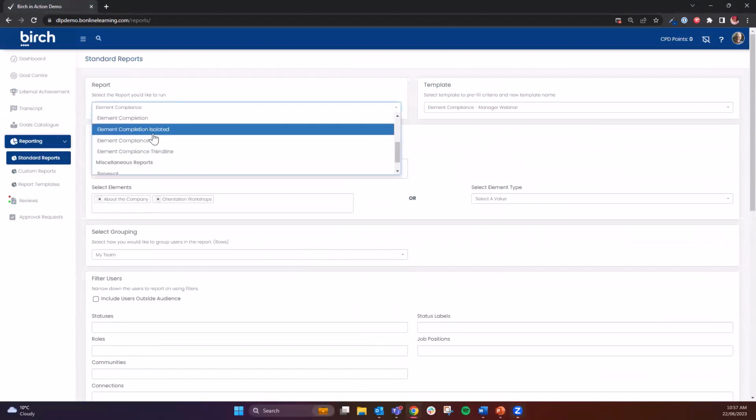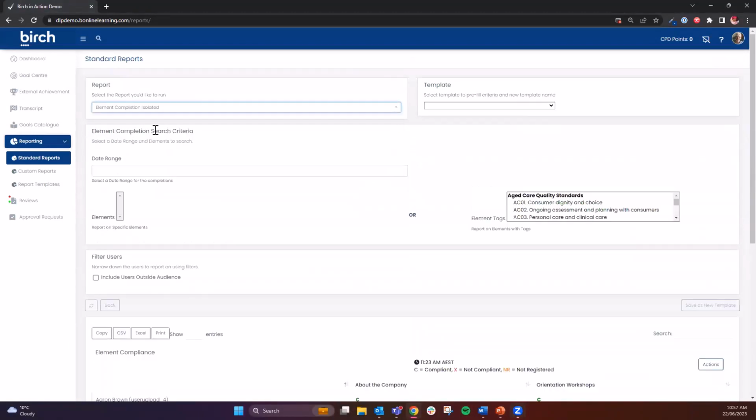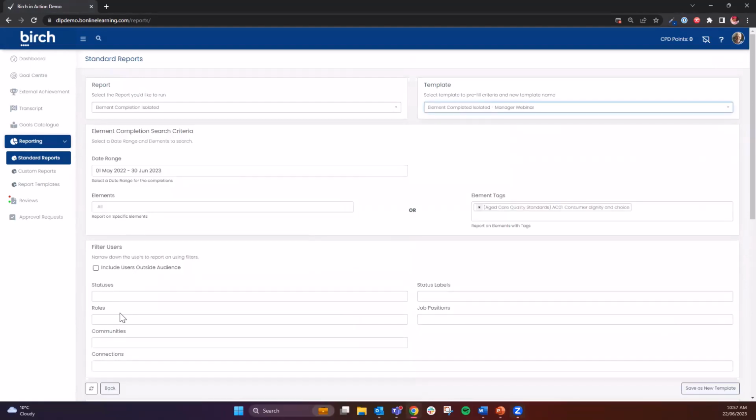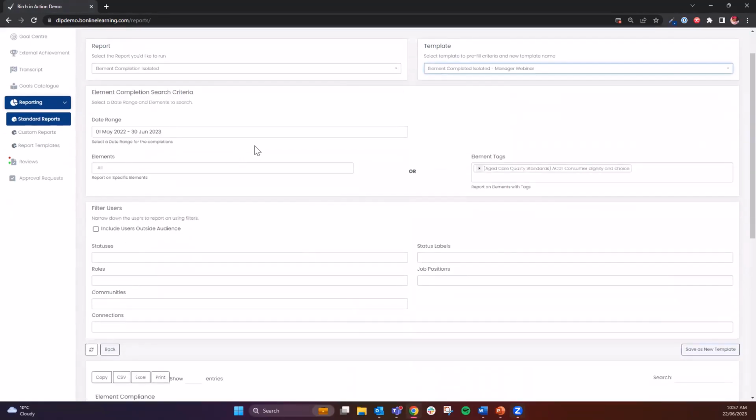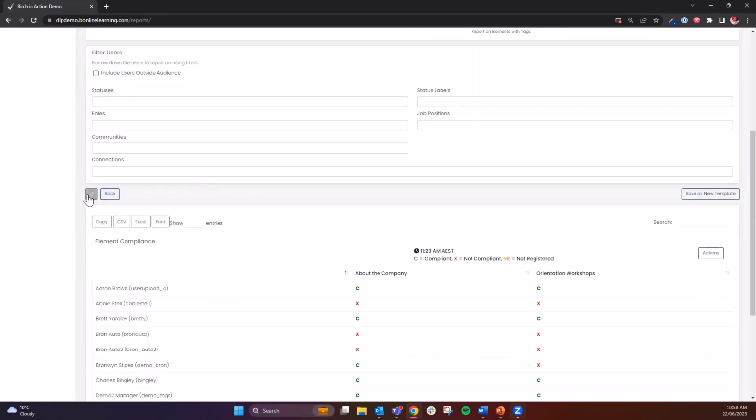So the other two reports you've got here is an element completed isolated, and this one has a date range. But again, you are looking at completions within a date range, and you can either select the elements in particular, or if there are a lot, you can actually use your tags if they have been set up in your system. So for this example, I've actually chosen a tag that will show me all the element completions for this time period for any elements that are related to the Aged Care Quality Standard 1. And when I run that report,